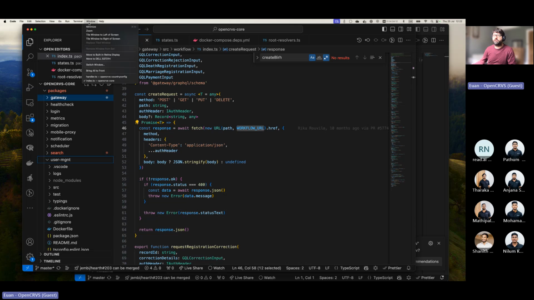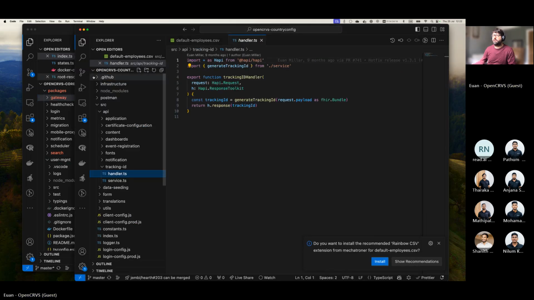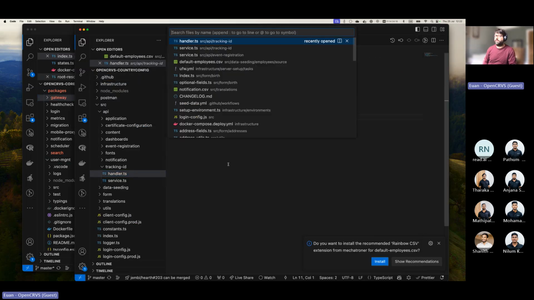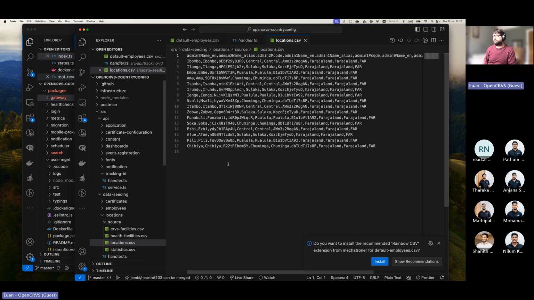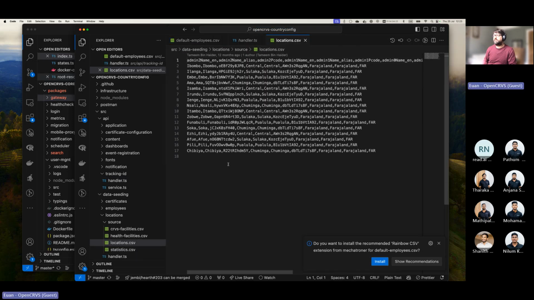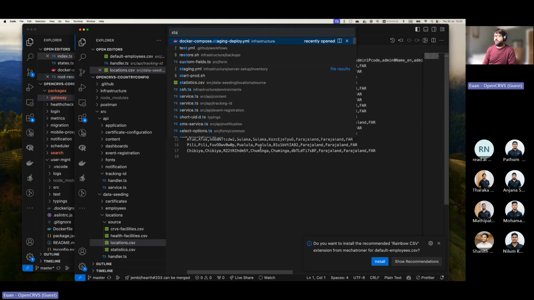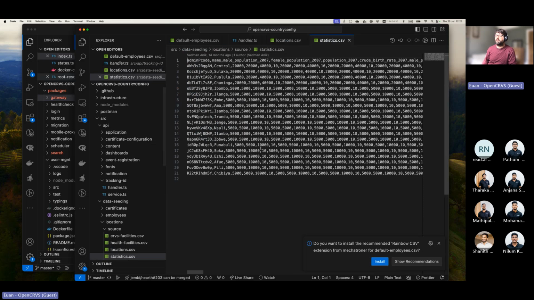So if we look at the country config microservice, you probably remember when you were configuring OpenCRVS, the location CSV, where you put in all the administrative locations. And then you probably remember the statistics CSV, where for some of those locations, down to state level, you know what the